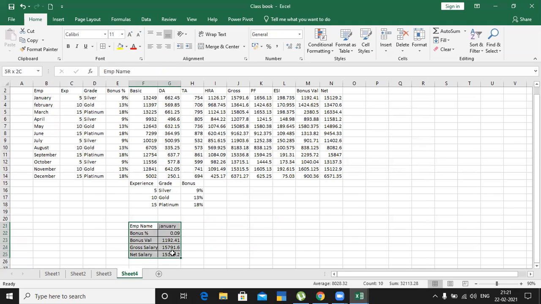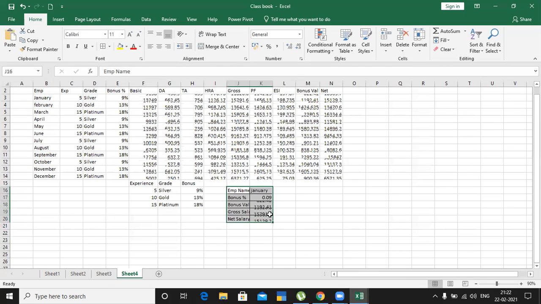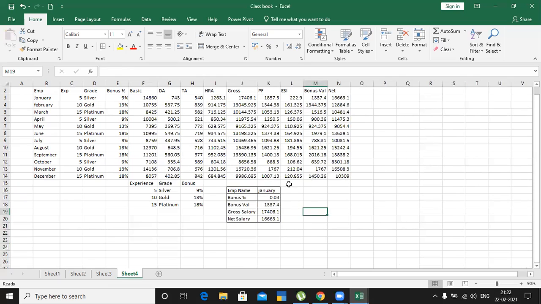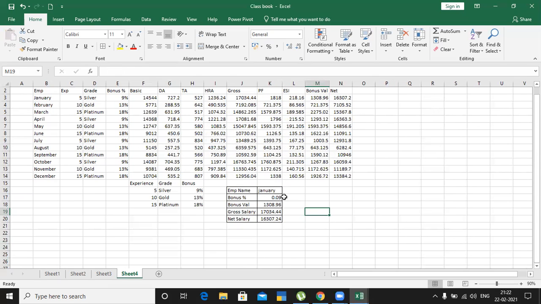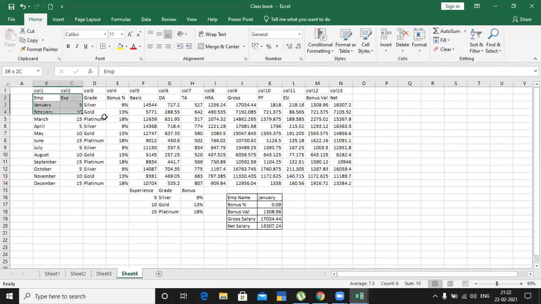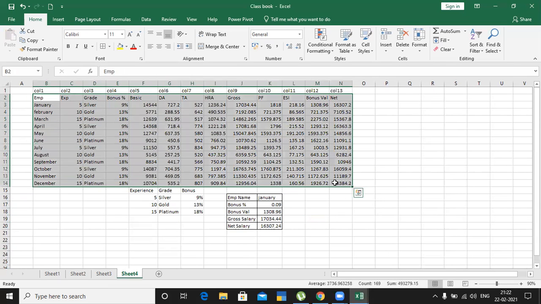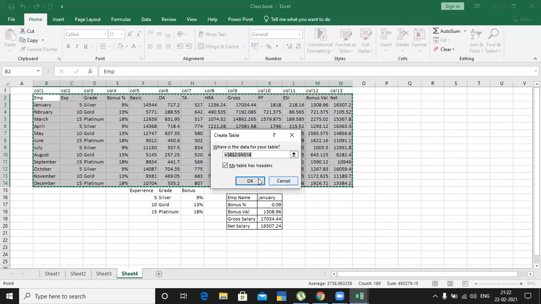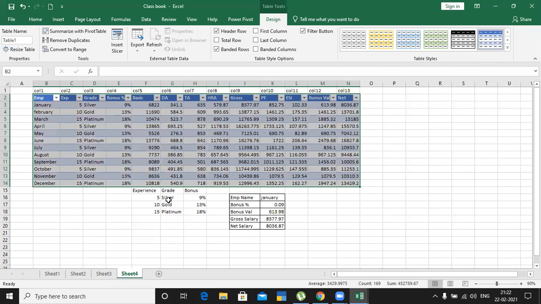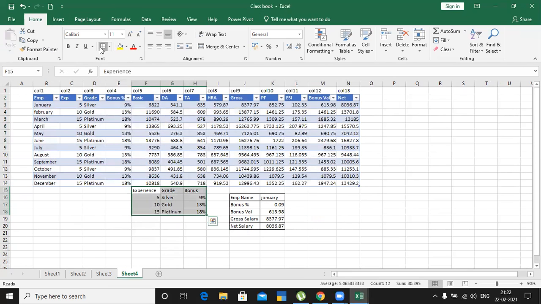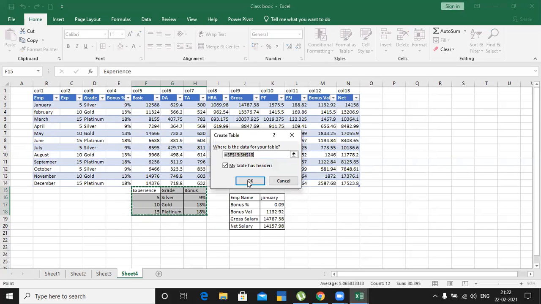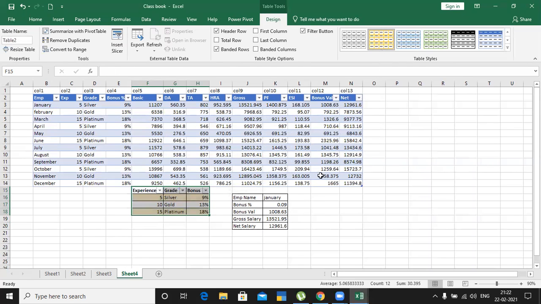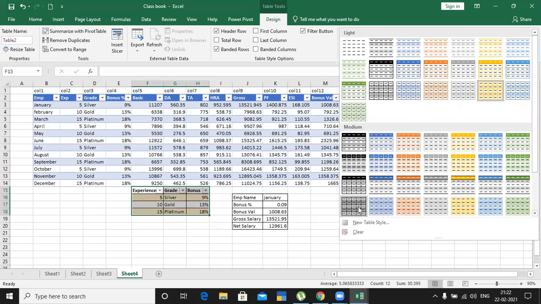Now if I do cut copy, select and apply Control T, click OK, and apply the style.